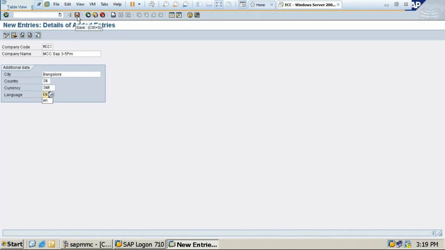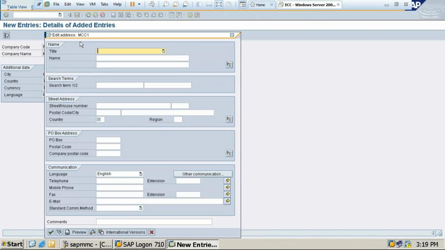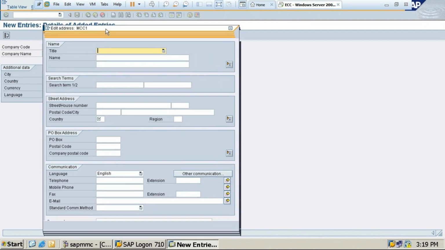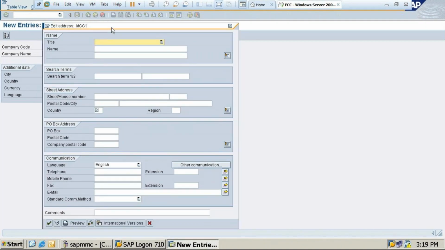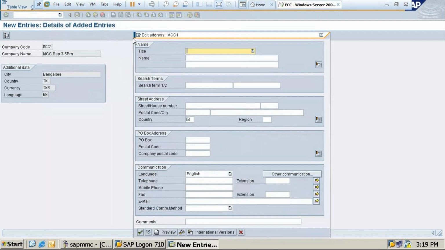So always you need to save the information whatever you do. If you don't save, then it will not be able to process that particular option. Okay. So then save. Now it will ask you to save in the data field. When we wanted to create a company, at that time only I had given a data field. So here further information about the company you need to give. After you click on the save button, these options will come.